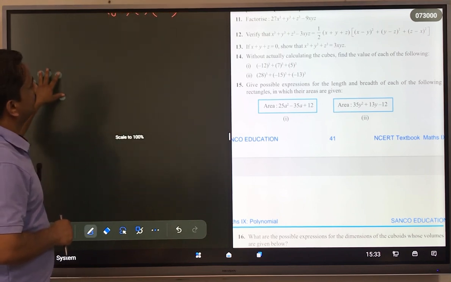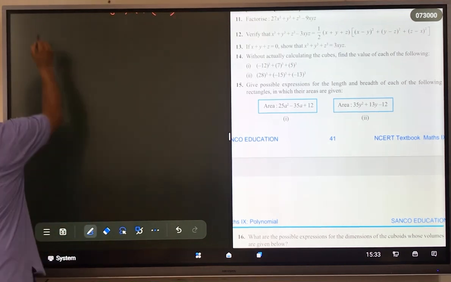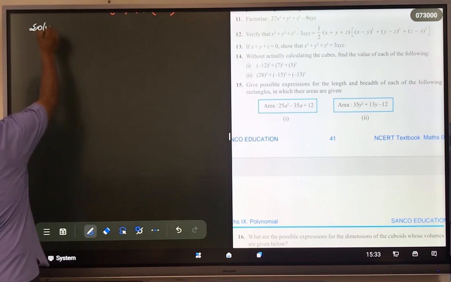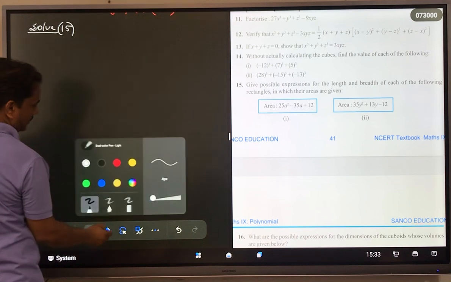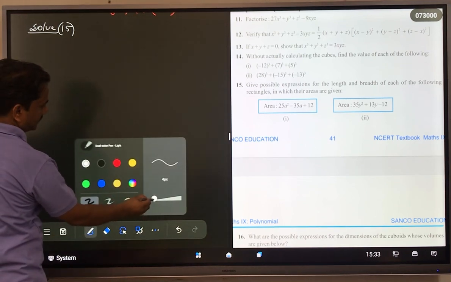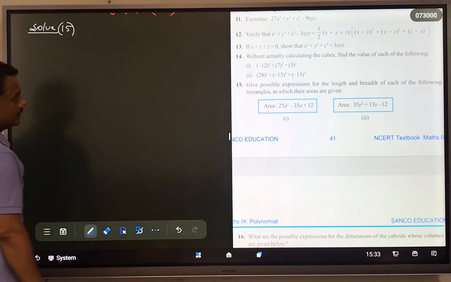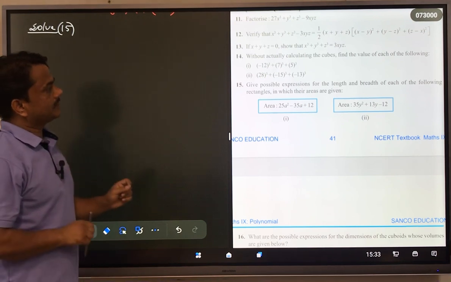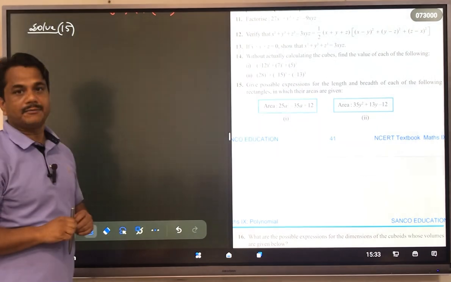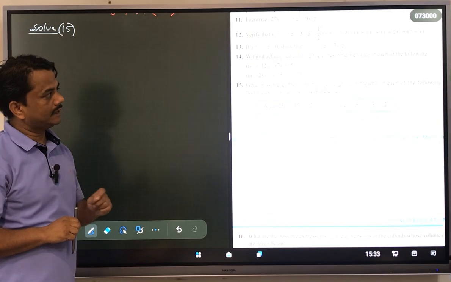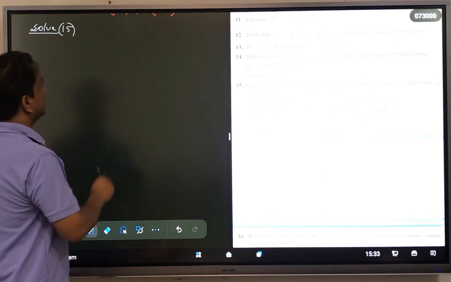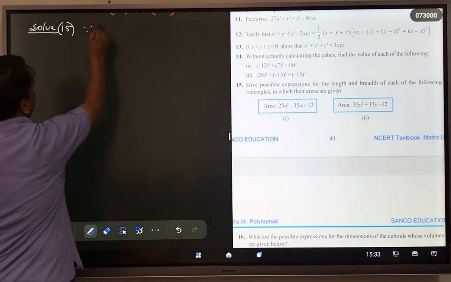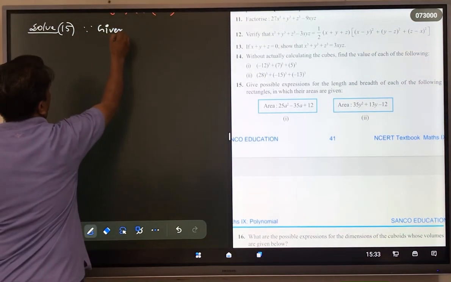have a look please. I'm talking about question number 15. Look at 15, what does it say here? Give possible expressions for the length and breadth of each of the following rectangles. So here a polynomial is given. Since a polynomial is given,